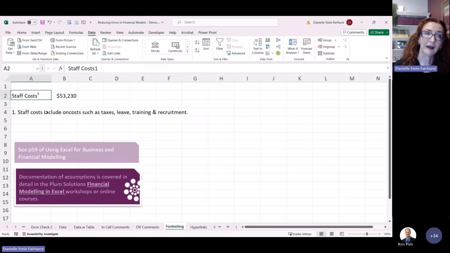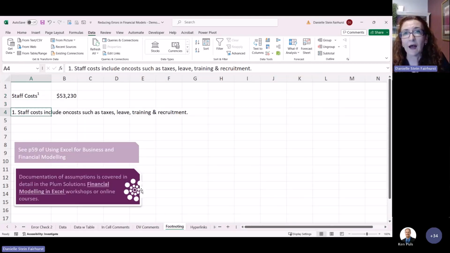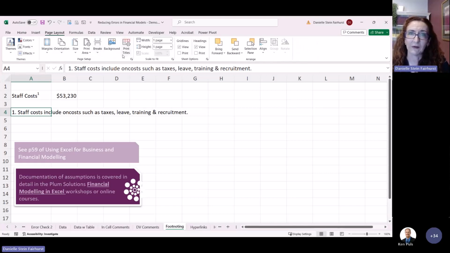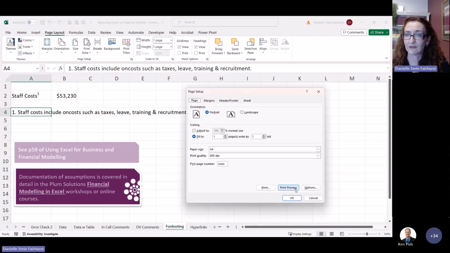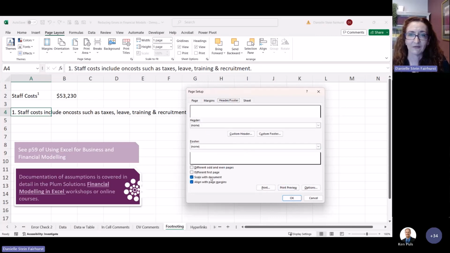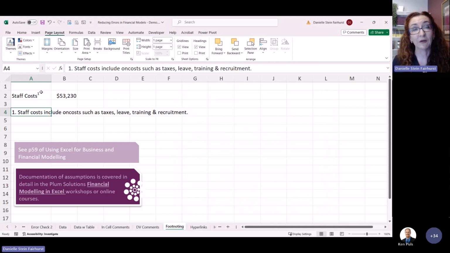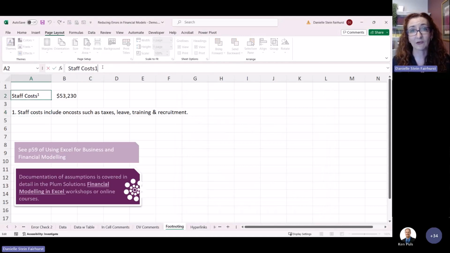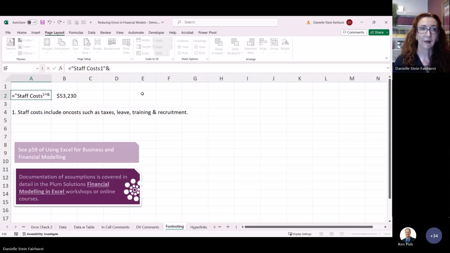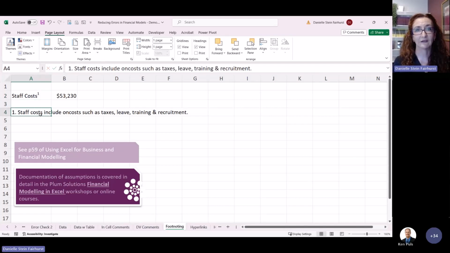The other method perhaps is using some footnoting. I don't know about you, Kim, but I never use this header footer thing, because you can't link to it. I don't find it particularly useful. And we hardly ever print stuff out anymore. If I'm going to do a header or footer, I tend to use superscript. So I'd probably be more likely to do something like this, where you would, I'm getting ahead of myself, but if you put in ampersand or something like that, and link to that,